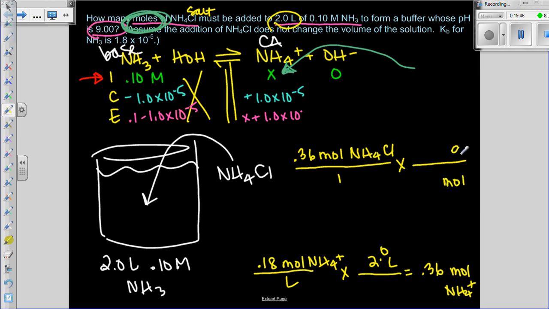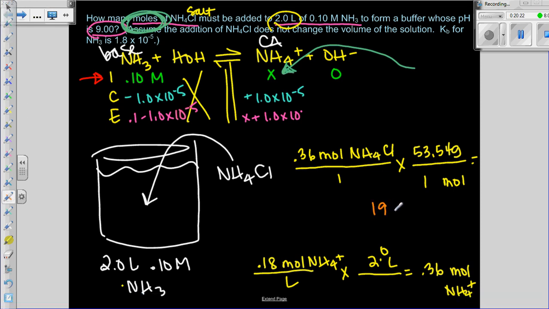So now I want to go from moles to grams. I know the problem didn't ask you that, but I think it's good to look at this. So the molar mass of ammonium chloride is 14 for nitrogen, plus 4.04 for hydrogen, plus 35.5 for chlorine, and I get 53.54. So I'm taking those two numbers times each other, and I would get,